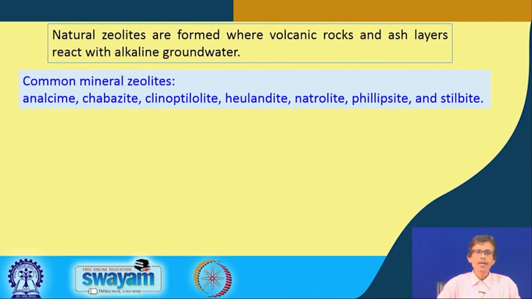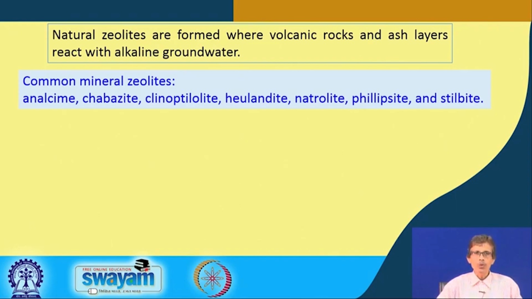And these mineral type zeolites are of different types. One is analcime, then chabazite, then clinoptilolite, then heulandite, natrolite, phillipsite and stilbite. So these are typically of geological origin, and these geological names are sometimes a little bit difficult,